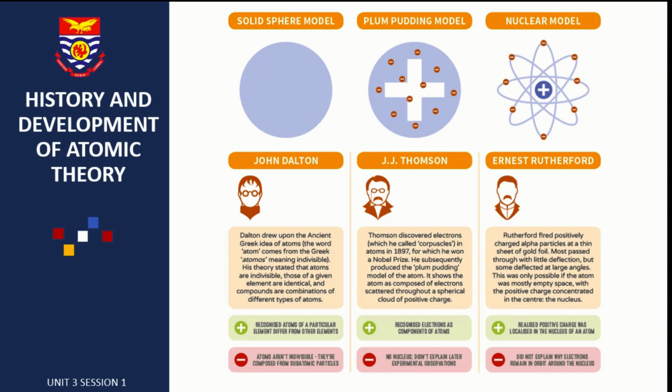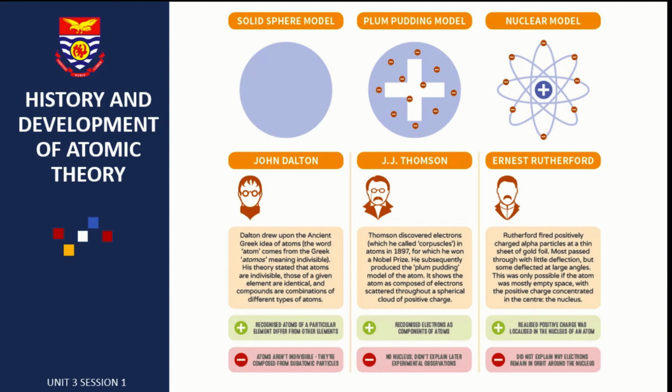During the experiment, most of the alpha particles passed through the foil with little or no deflection. However, a very small number of particles were deflected from the original path at very large angles. This was completely unexpected, as Rutherford himself observed: it was almost as incredible as if you fired a 15-inch shell at a piece of tissue paper and it came back